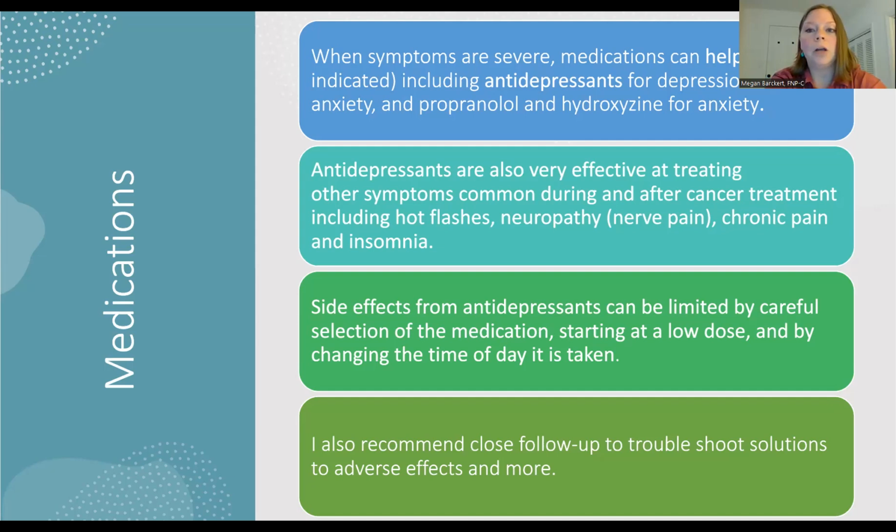So I am not one to push Western medications on folks, but when I see, especially multiple symptoms that we could be treating with one thing, I think it's something worth considering. Again, like I mentioned, side effects can be limited by starting out slow, careful selection of the drug, and changing the time of day it's taken if needed. And I really recommend close follow-up. When antidepressants are started by